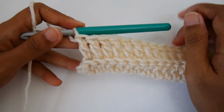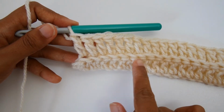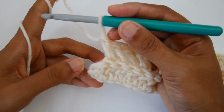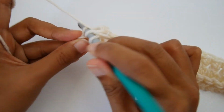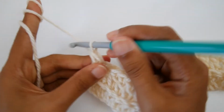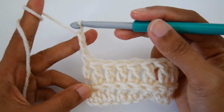Hi, now I'm at the end of row 2 where we just did the double crochet in back loop only. You will see the ribbing that we just created. Beautiful. And on the other side, at the end, making a double crochet in the back loop. At the end, we will chain 2, turn your work,